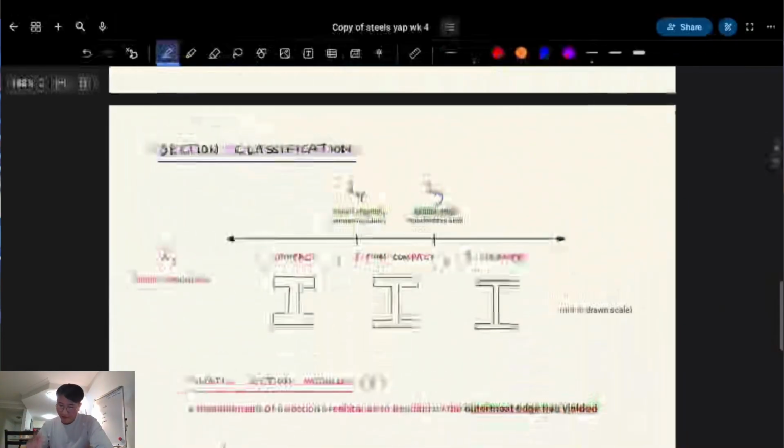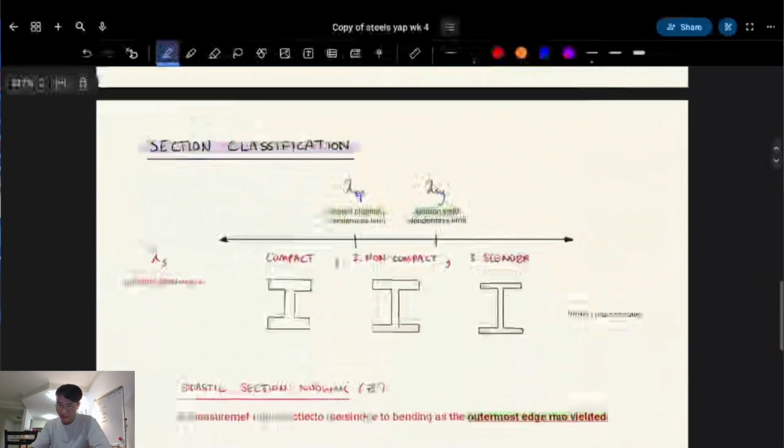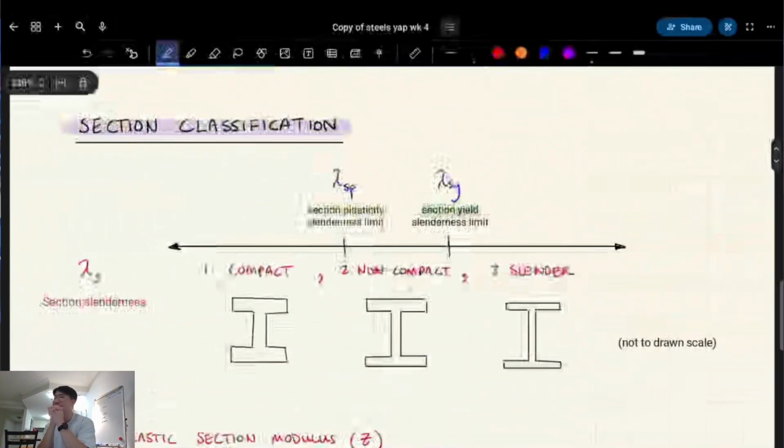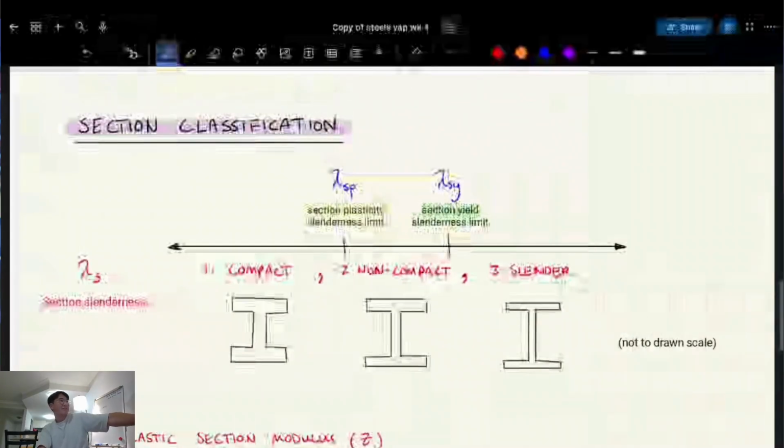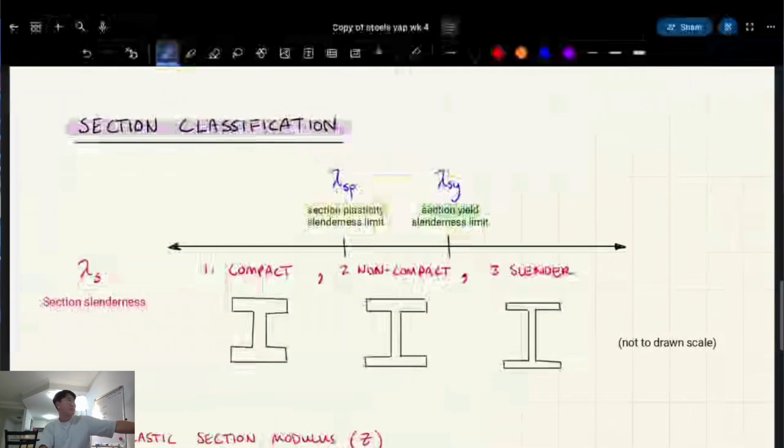Okay, next thing to understand is section classification. What do you notice immediately about these diagrams? It's like becoming thicker and then thinner. So we call it compact is the thickest one, then non-compact is the middle, and slender is the thinnest, right? But what do you notice about the correlation between compactness or slenderness versus, I wish this quality was better, versus